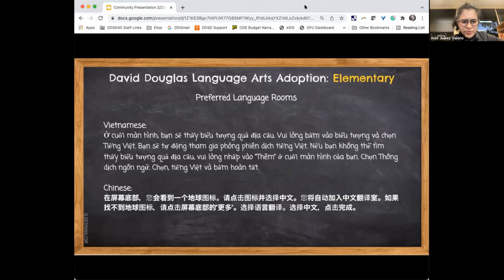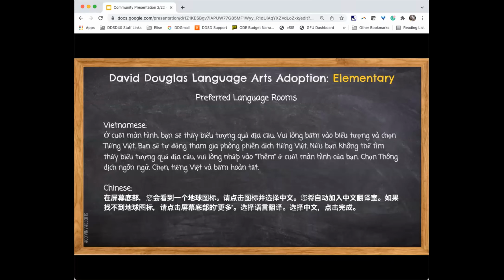Young, are you able to provide the instructions in Vietnamese if you toggle back to English? You're muted.